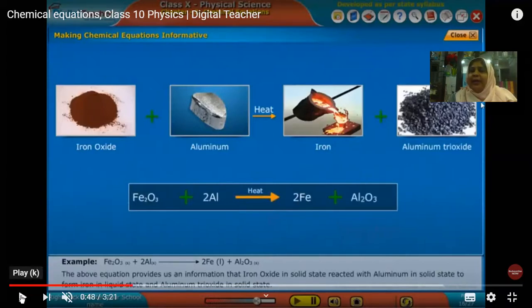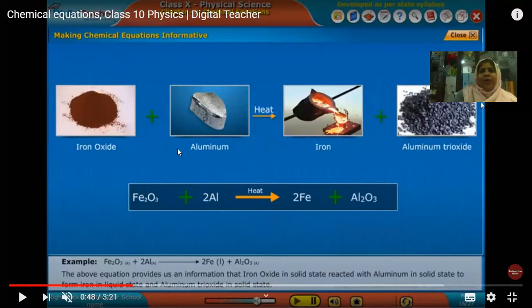Why is it called an endothermic reaction? Endo means it is taking heat inside, and an exothermic reaction is the one when the heat is liberated. So in this reaction, you have already done your respiration and photosynthesis. The question I wanted you all to answer is: photosynthesis and respiration, which one is exothermic and which one is endothermic? Exothermic is when heat or energy is given out, and endothermic is when energy is utilized in the reaction.